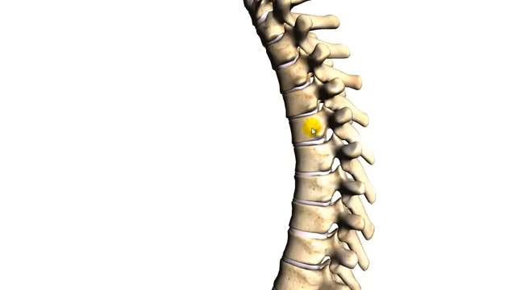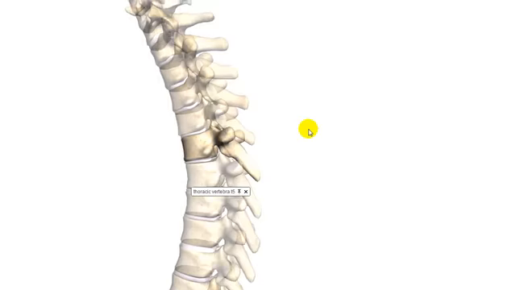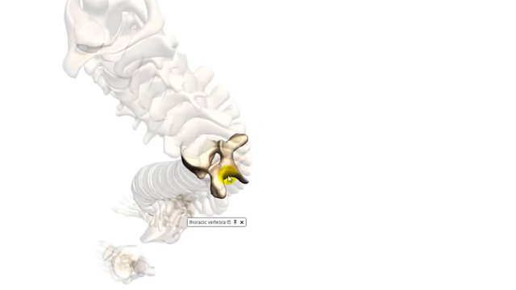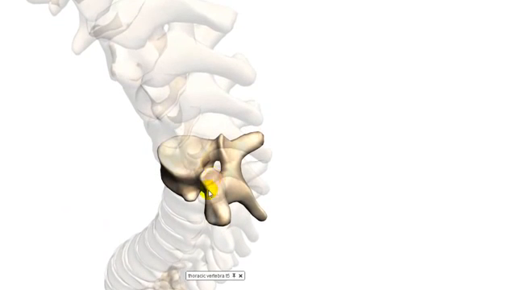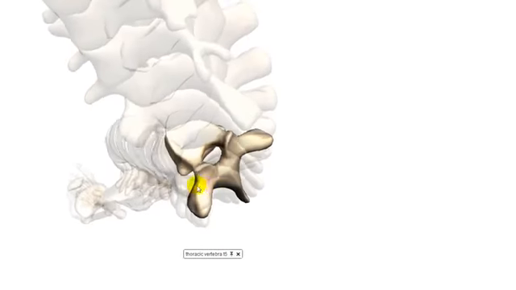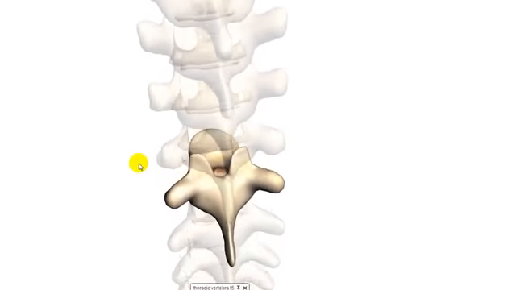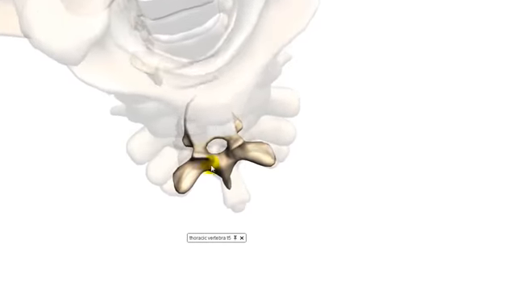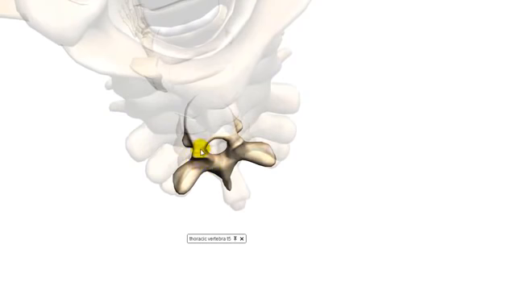and then you've got the posterior part, which consists of the neural arch and all the facets and processes that are attached to that. So here's the body of a vertebra, and then the neural arch is this. I'll just try and get a good view of that. Is this arch here, which consists of pedicles, a pair of pedicles here,